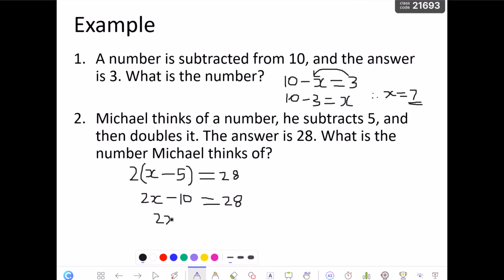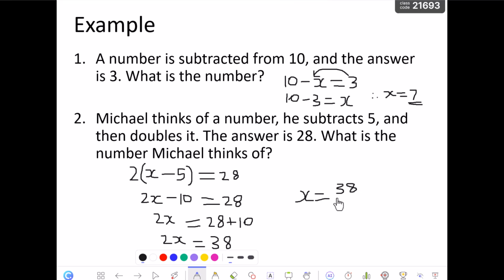How do you do that? Negative 10 is crossing over to this side. So negative 10, when it crosses over, it becomes positive, which is 28 plus 10. 28 plus 10. And if you add, you now have your 2x, which is equal to 38. So when you divide both sides by 2, you are going to have the final answer x is equal to 38